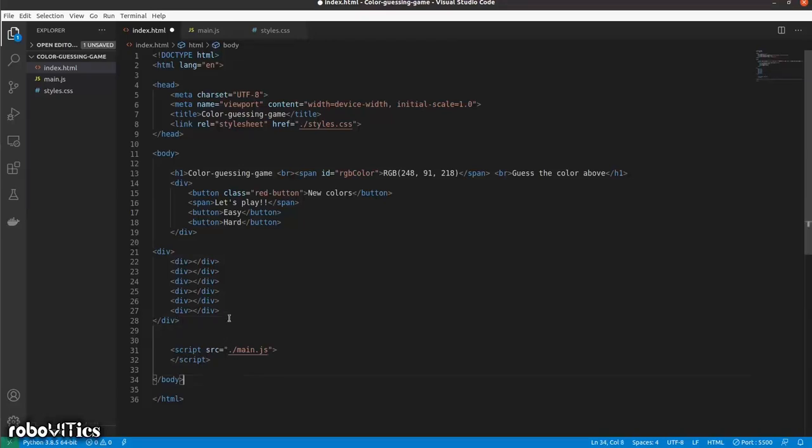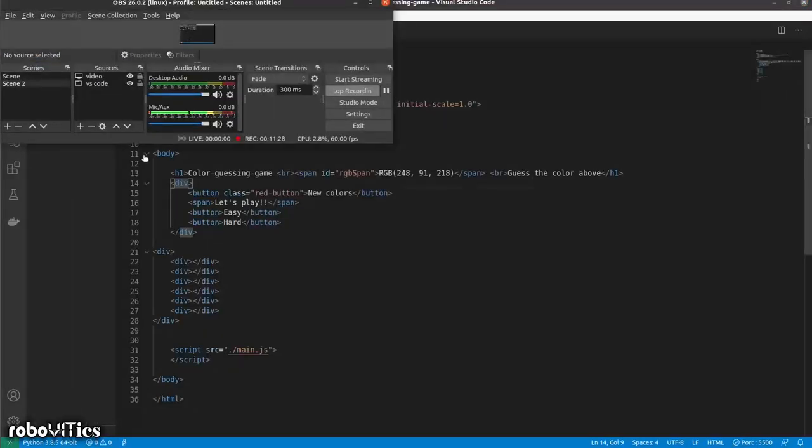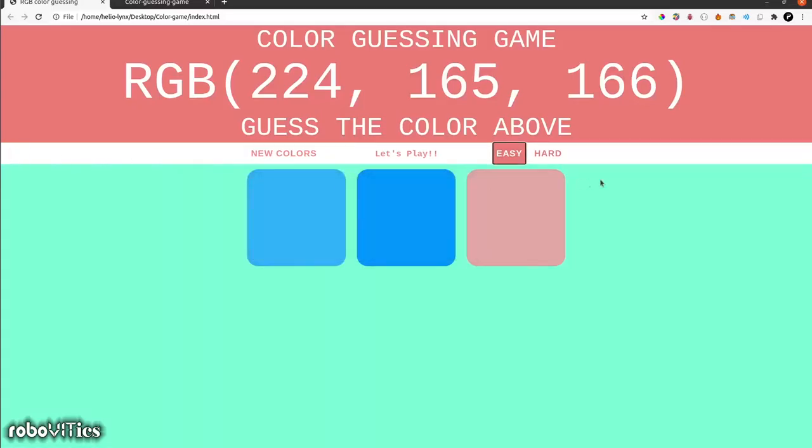Now that we have got this basic structure, let's target each and every element that you see over here. The first thing is going to be our span, which we already got, RGB color. Let's name it RGB span so that it's much more clear. Then let's mention this as our line, because as you can see this is actually a line.